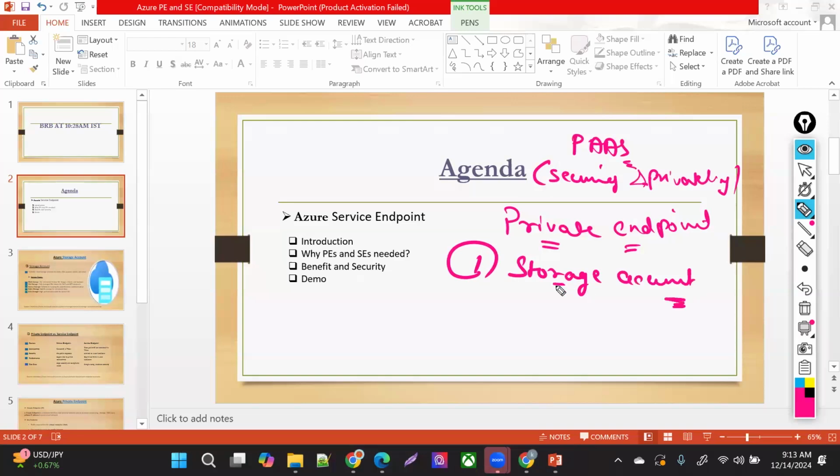this storage account, or any PaaS service, provides you a method to access that particular platform over the internet. You won't get any mechanism to access that service privately. When I say privately, what I mean is, you have your on-prem infra. You're working in a company and you have your own setup,